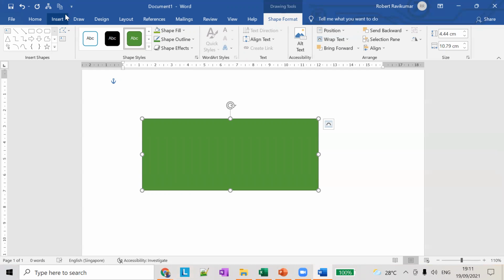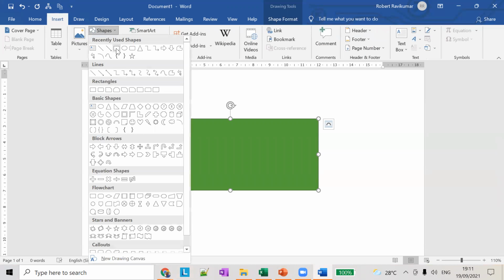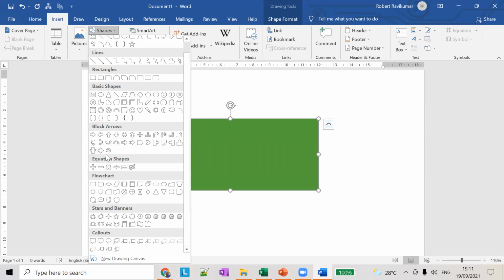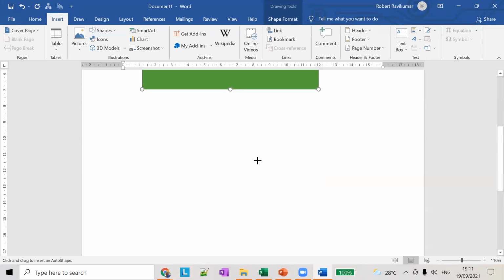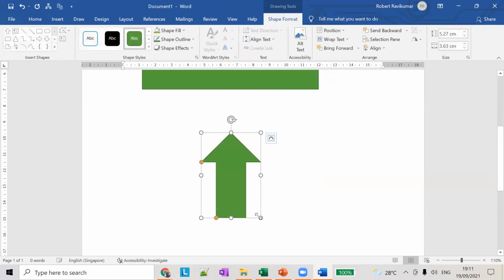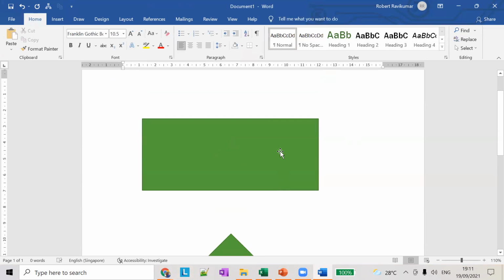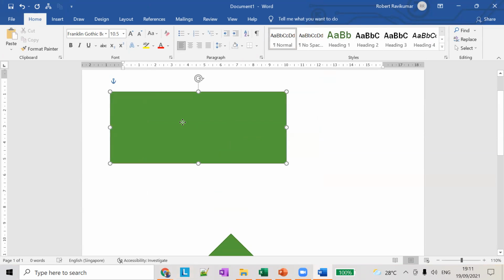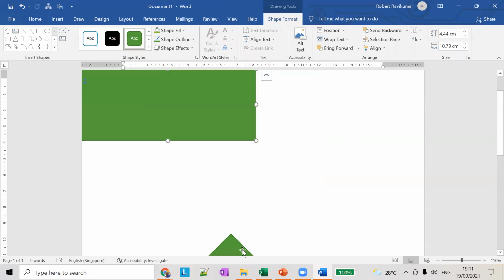So go to Insert, Shapes, and if you want to draw an arrow, an up arrow, you can do it. Click on it and then just draw the arrow here.